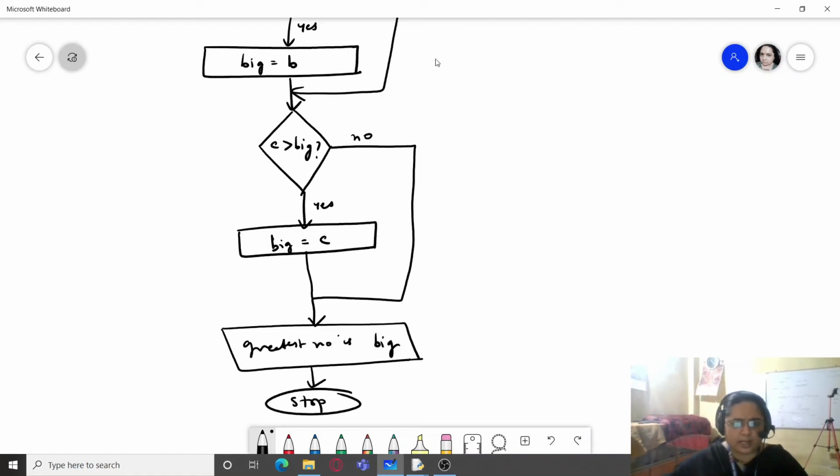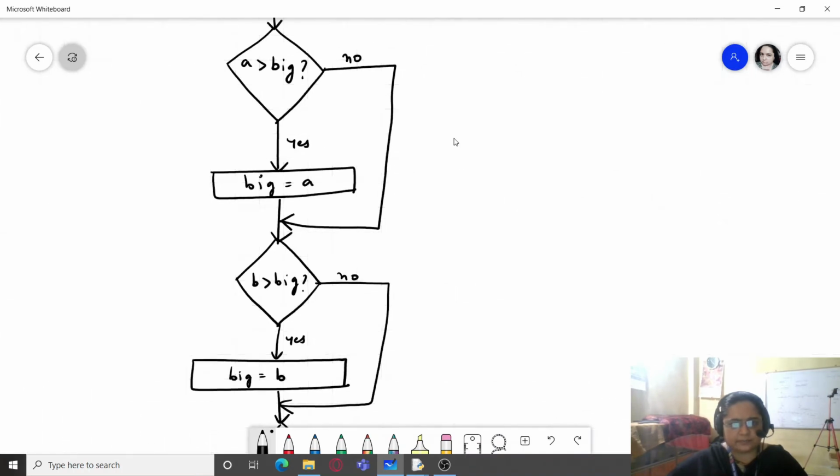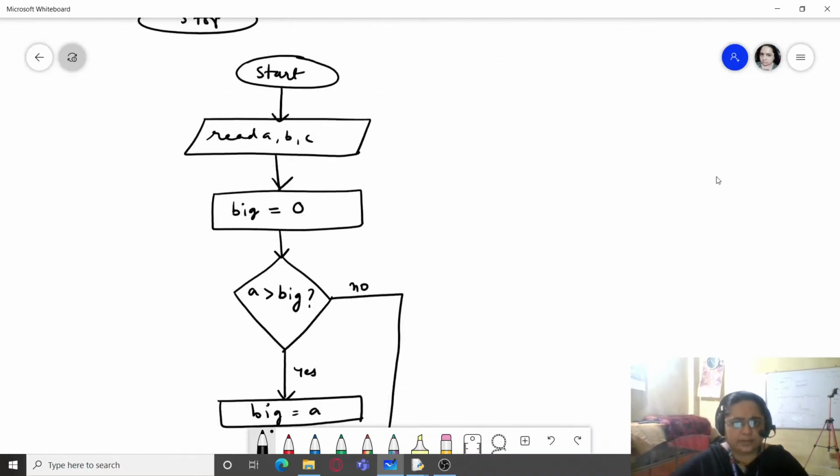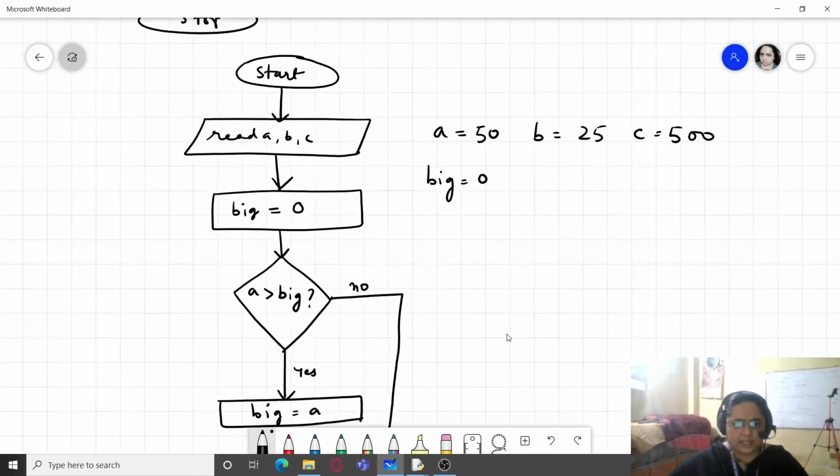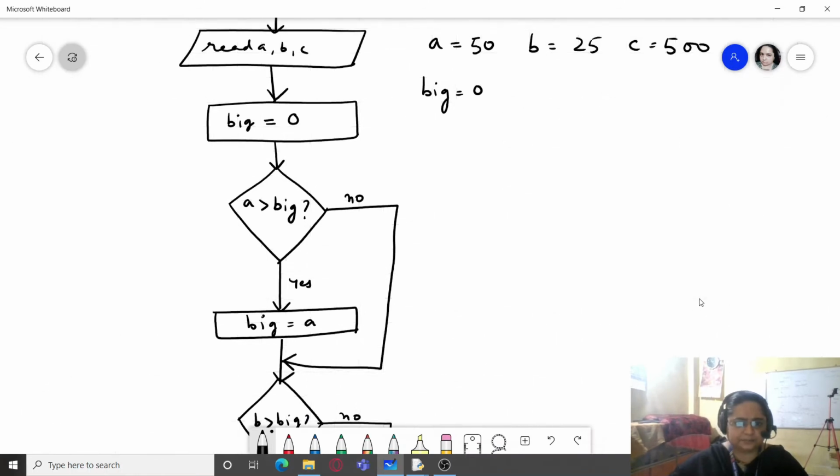Let us do a dry run and see for ourselves. We read three numbers. A is 50, B is 25 and C is 500. And big is 0. So we first check, is A greater than big? The answer is 50, it is greater than big, yes.